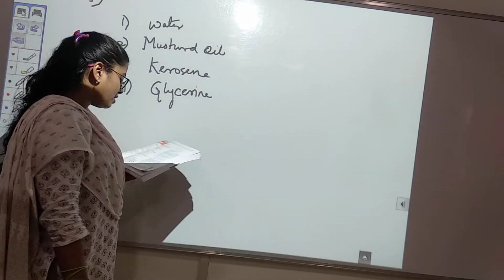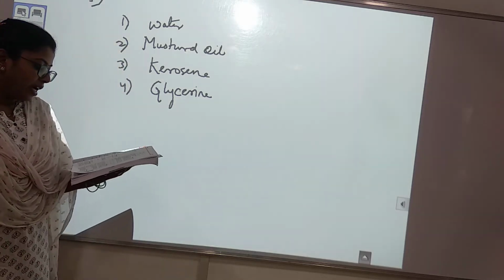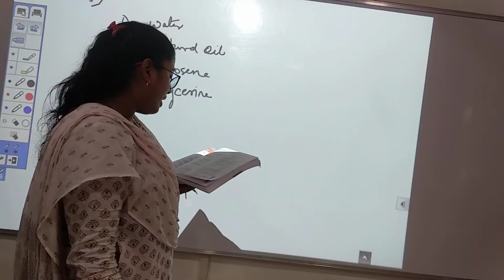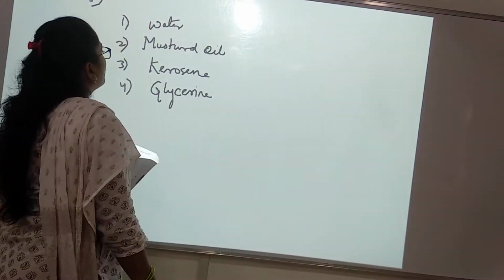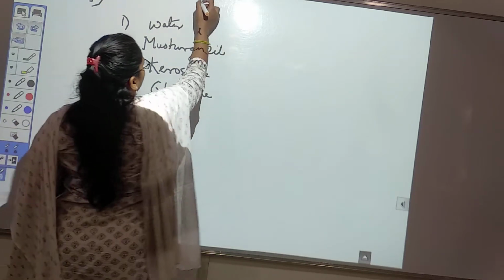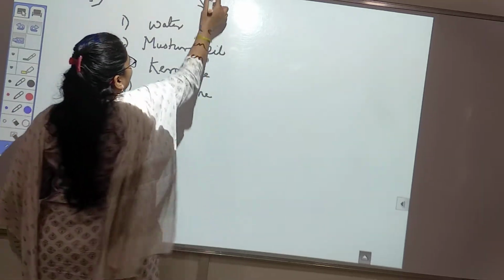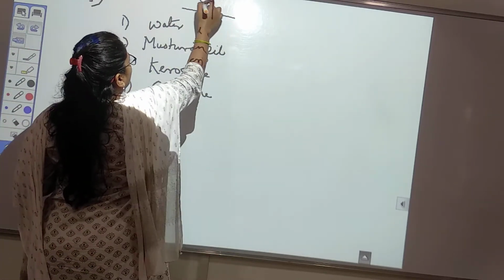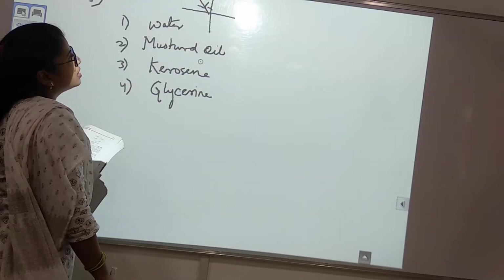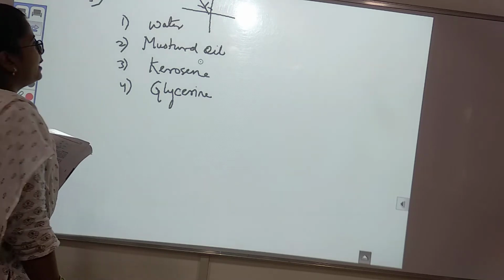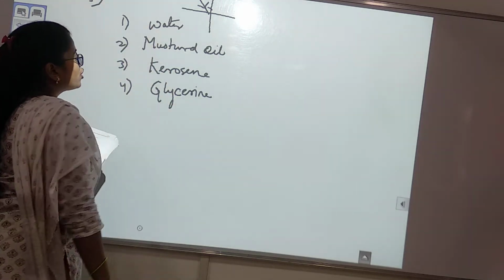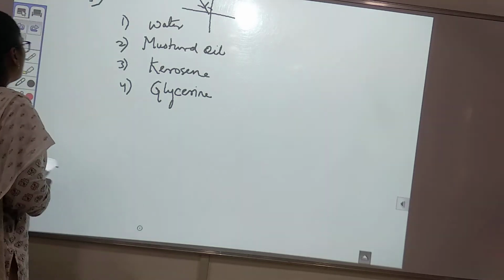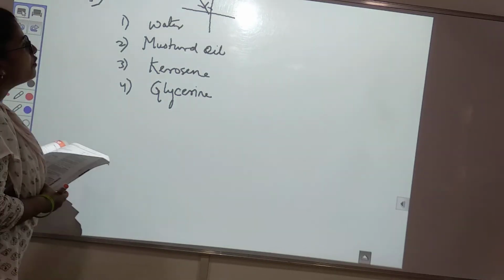The question is, in which of these media would a ray of light, incident obliquely at the same angle, bend the most? It means that if an incident ray is coming at an angle of 60 degree in all these 4 mediums, the angle of incidence is 60 degree. Out of these, in which medium does the light ray bend the most? For this you must know the refractive indexes of these mediums.